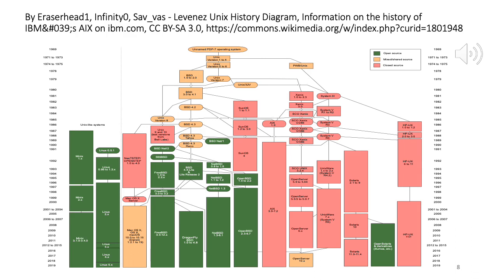You can see at the top 1969 unnamed PDP operating system gave rise to Unix different versions 1 to 4 then 5 to 6. You had BSD, another popular version of Unix, and then some of them branched out to Sun. This Solaris we were talking about. BSD had a lot of versions. It shows HP-UX and so on. And then Linux also, you can see Minix is another Unix-like system, and then Linux, of course, the popular one, started in 1991 and then going on different versions.